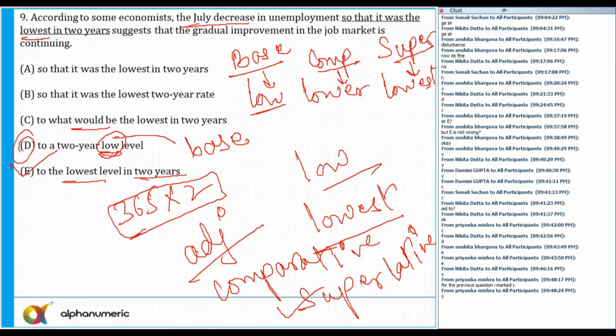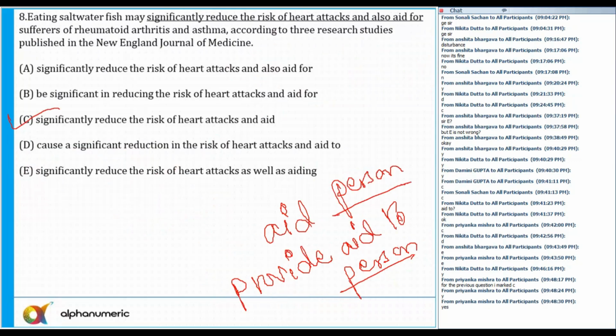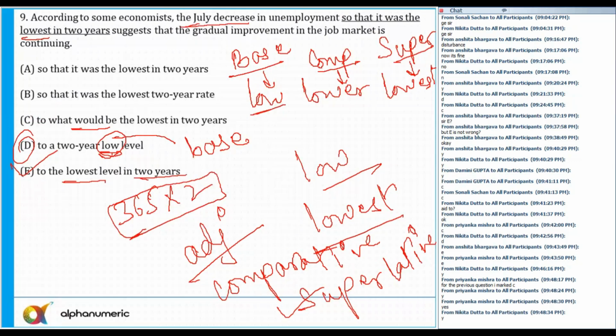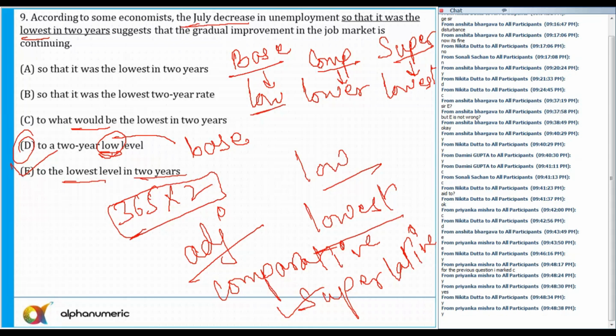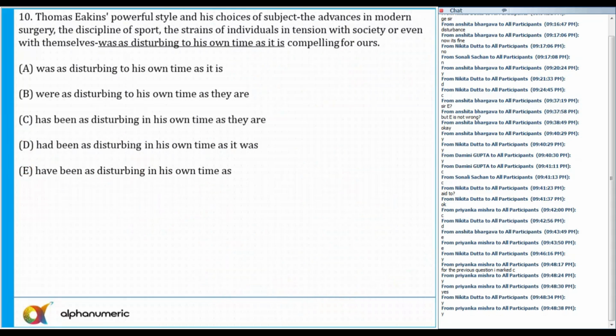But question number 9, did you understand why E is the answer? All of you? Okay. Question number 8, you marked C. Okay. So go to C. Question number 8 is already C and you marked C. Very good. Question number 9, answer is E. And I hope this is clear now. And coming to question number 10,